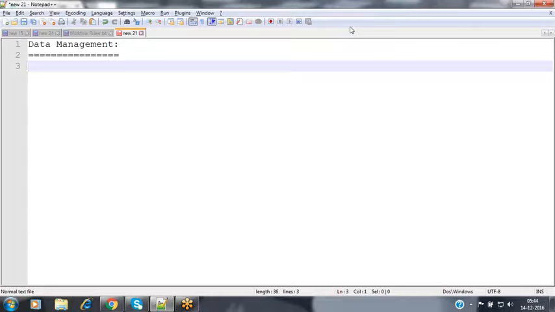How can we perform the import and export operations in Salesforce? So as of now, we have created some custom objects. We have some standard objects given by Salesforce by default. In those objects, how can we dump the data? How can we insert the data? Not only one, bulk records, how can we insert? How can we get those bulk records? How to perform these operations by using data management, we'll see practically today.